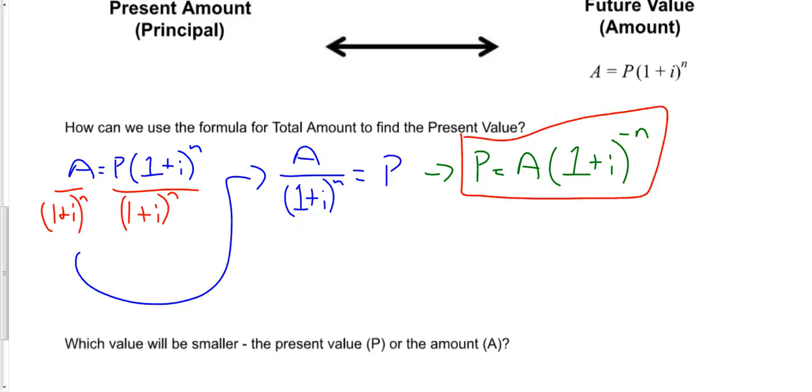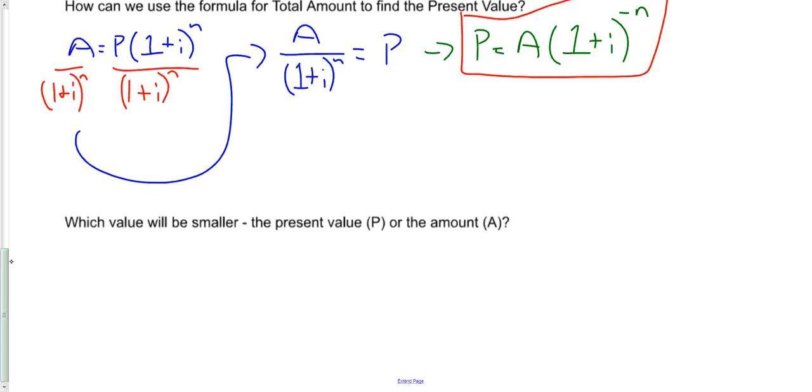So if you're working with present value, which of those two values is going to be smaller? Is the present value going to be smaller or the future amount? Well, the hope is if you're trying to save money, you're going to earn money down the road. So the present value should be smaller. Ideally, in a perfect world, the present value will always be smaller than the final amount. The final amount of money that you have saved should always end up being larger